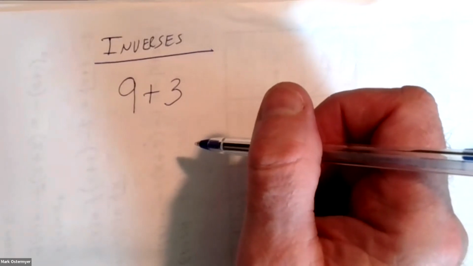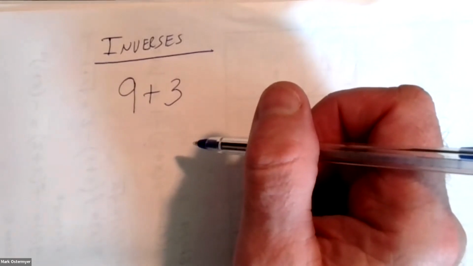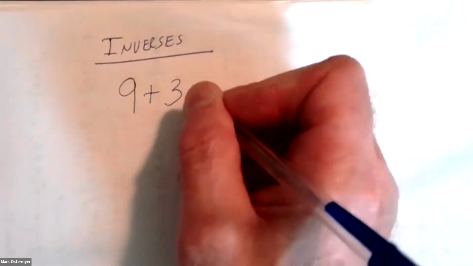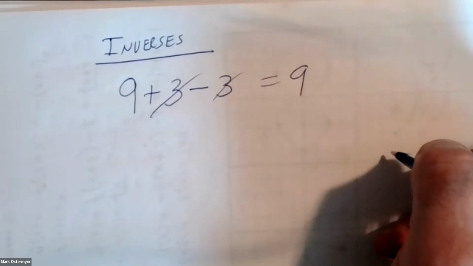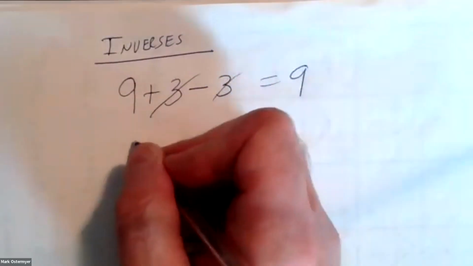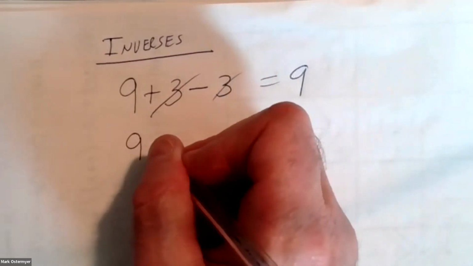What's the inverse operation of addition? Well, what I can do is turn right around and subtract that 3 right back off, and I'll get my 9 back. Agree? Anybody see that there? Or if I start with the number 9 and somebody starts messing with it and they